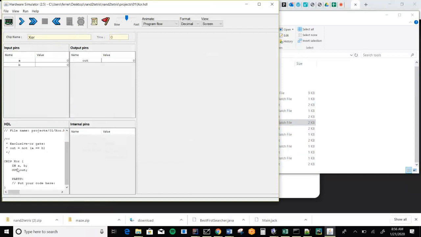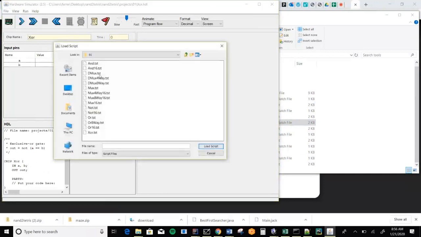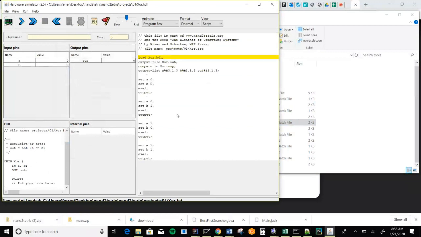So we can see kind of the syntax for this language over here, and we can see input pins, output pins, internal pins, and so forth. And then later on, we can run a test script. So if I load a script, exclusiveor.tst, and then hit this run button, it tries it out, and it tells me I have a comparison failure at line 3. Why is there a comparison failure? Because it doesn't work. This is how you can test your circuits and make sure that they work. In fact, it's how I will be testing your circuits.